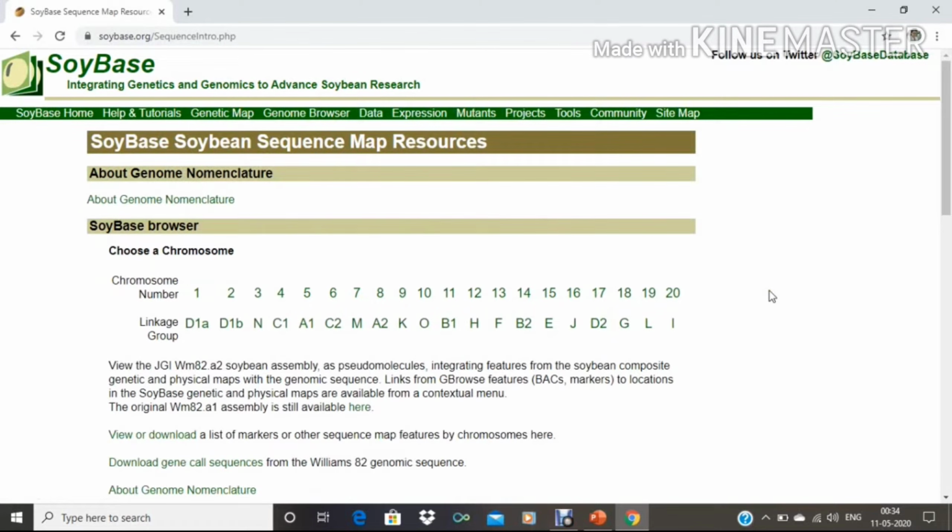Suppose we have any specific gene and we want to see all the details of the marker, QTL, etc., and we know that this gene is present in a specific chromosome number. Then first we will select the chromosome number here. All 20 chromosome numbers are given. Suppose I am selecting chromosome number 3.